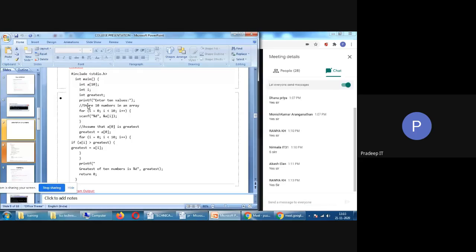Listen students, here we use how to collect the numbers. Before that we know the array concept. The array starts from 0, then how much it will be stored, we will discuss. See how the execution happens here. When the compiler comes to this line, initially we specified i equal to 0. This is called initialization. This is the first step. Next it checks the condition: i less than 10, that is 0 less than 10. The condition is